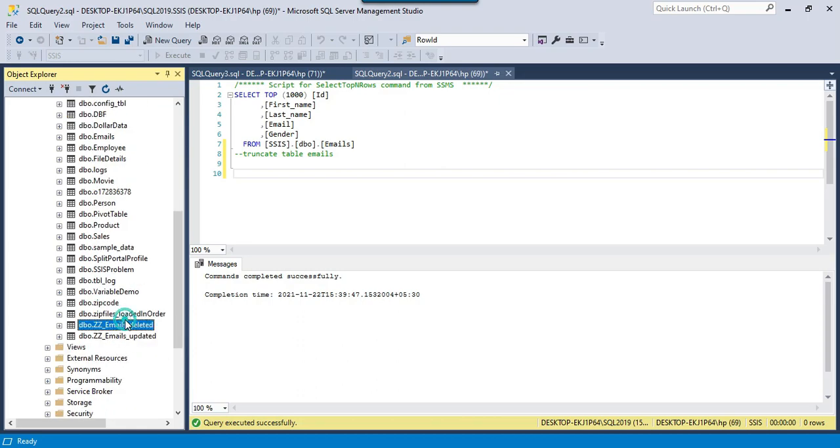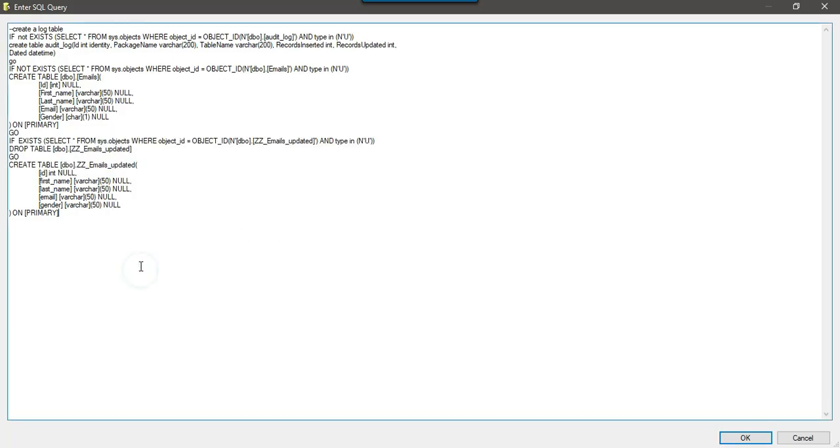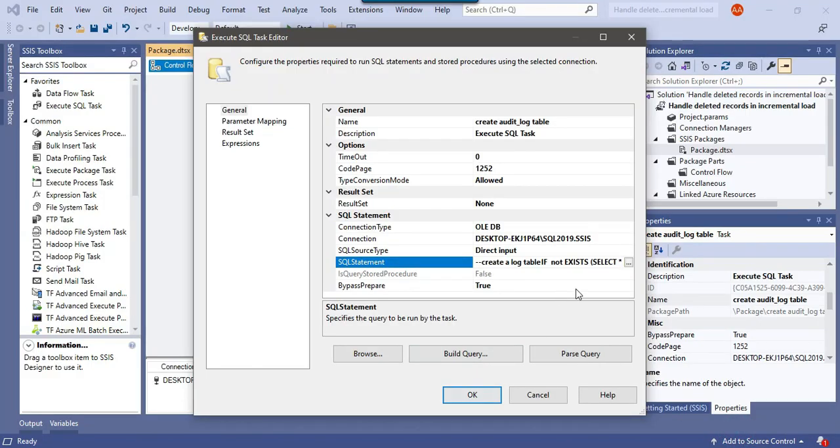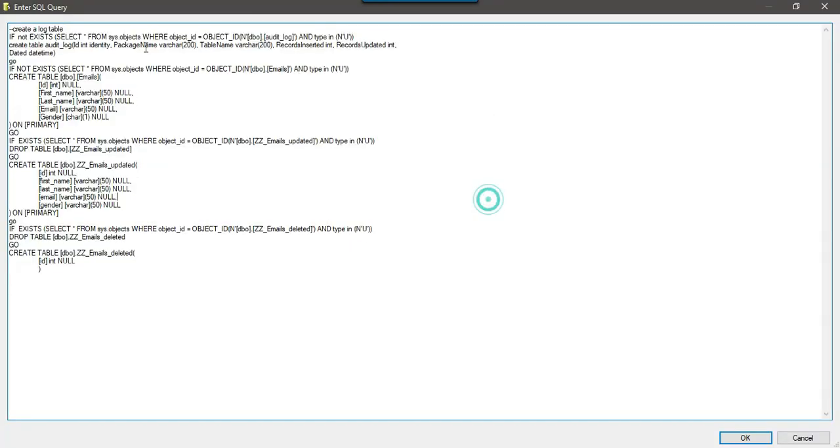Yeah, this is the table, and I can copy and paste this code into this Execute SQL task. I can click OK. And there is one more thing: because I recreated this audit log table, I should also put the latest create table statement here, with records updated comma records deleted.